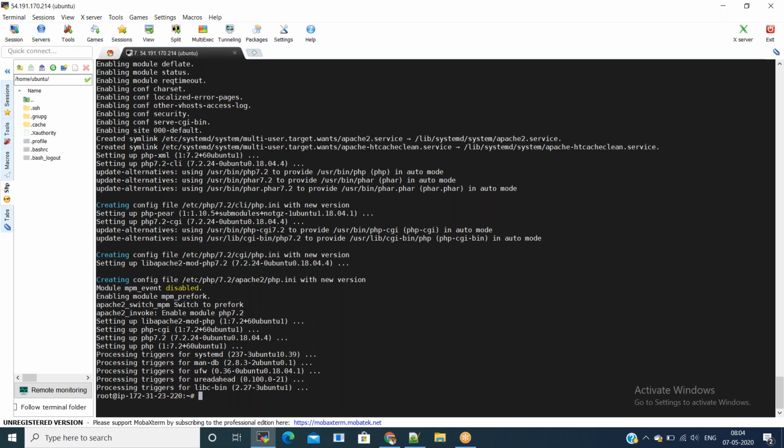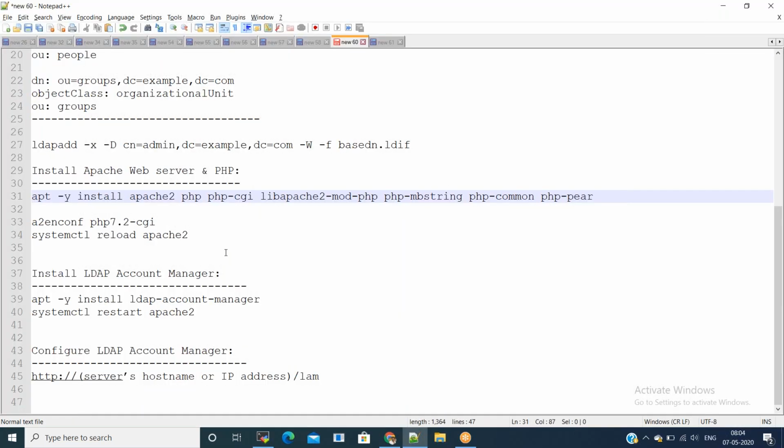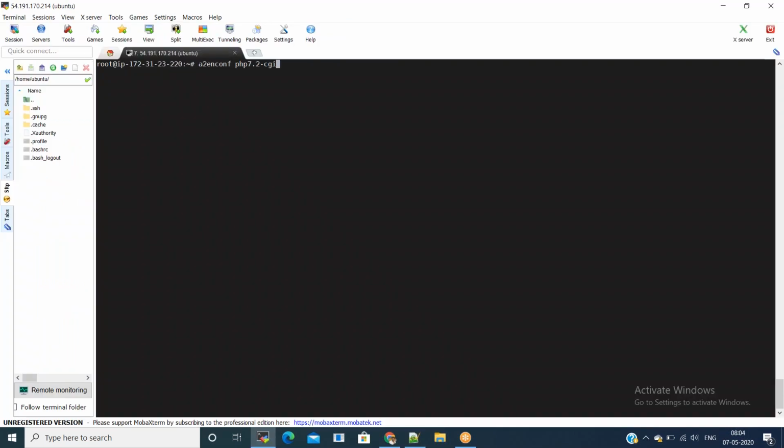Next, we need to execute the a2enconf command so that the script enables the specified configuration file within the Apache 2 configuration. In this case, I used php7.2-cgi. Once we run this script, next we need to reload Apache 2 so that those changes take effect. Now we have reloaded Apache 2 also.